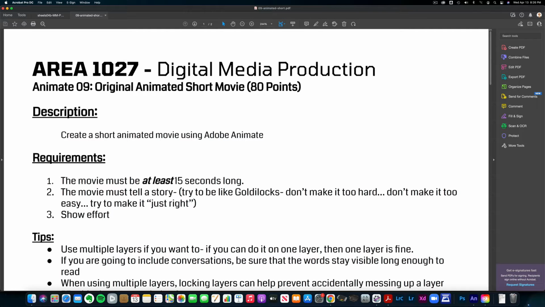All right, on the handout that's posted on Google Classroom, you'll see that this movie must be at least 15 seconds long. So I don't know if this is going to be your longest one that you've ever made. Maybe it will be. But there is a length requirement on this one. It has to be at least 15 seconds long. So you'll have to be watching your timeline and looking to make sure that you did reach that